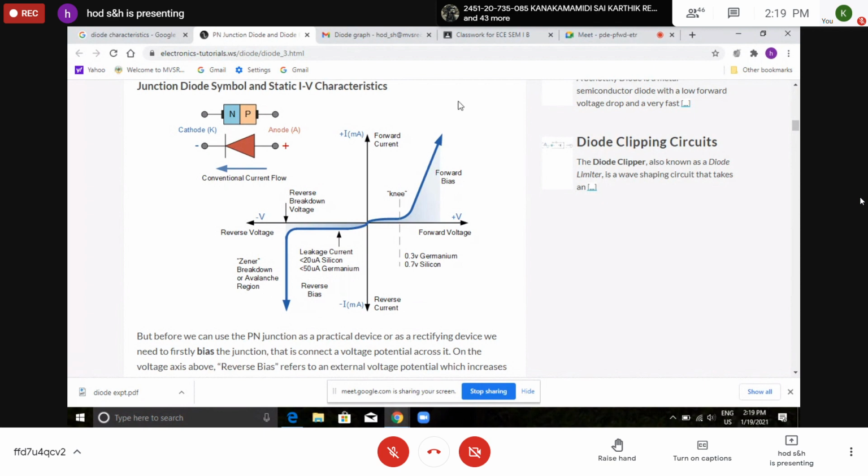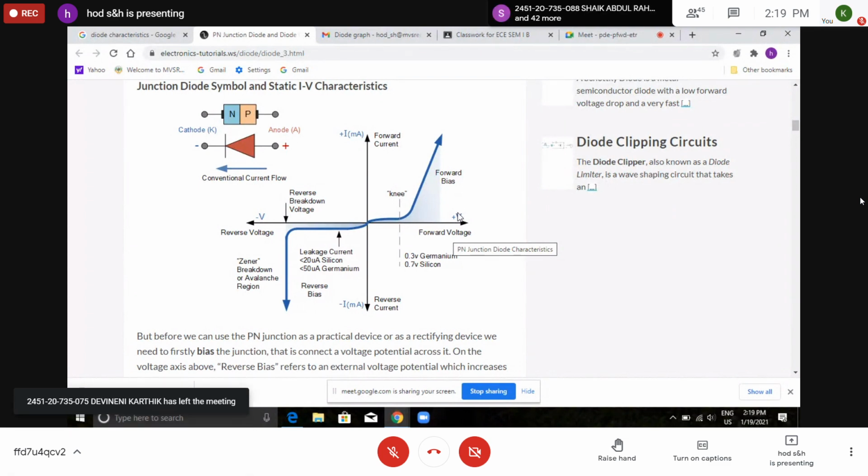So this is the nature of the IV characteristic curves of a PN junction diode. Is it clear? You have to do this after taking the values. I think you have taken readings for 4 diodes, and among the 4, you decide which diode suits better. For that, you draw the forward bias characteristic curve and the reverse bias characteristic curve.